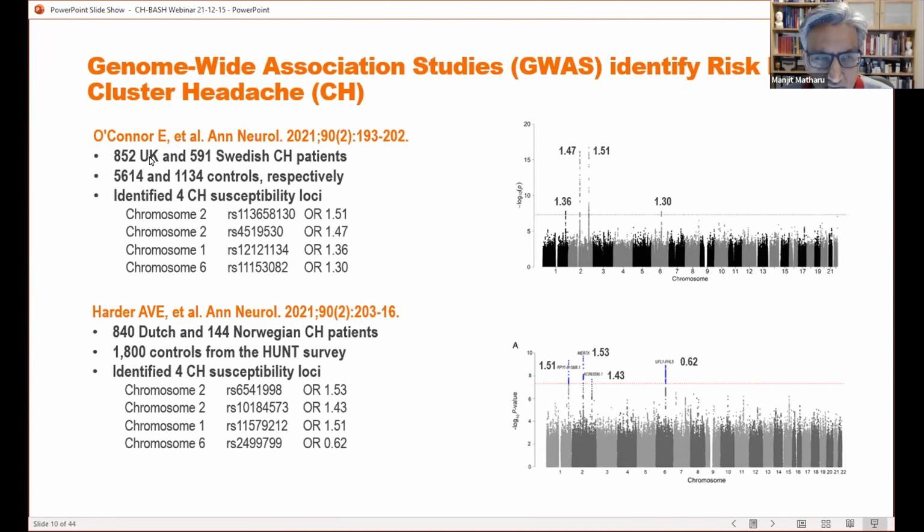There was one study, the UK-based study, where a lot of people, including Pfizer, were involved. We did that in collaboration with our Swedish colleagues. The second study was by the Dutch, and they did it in collaboration with the Norwegians. Both studies are fairly large and well-controlled, and we got exactly the same hits. There were 4 risk loci identified for cluster headache, very firmly putting cluster headache on a genetic etiological